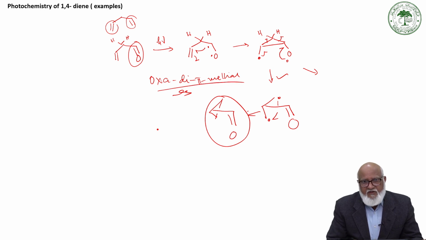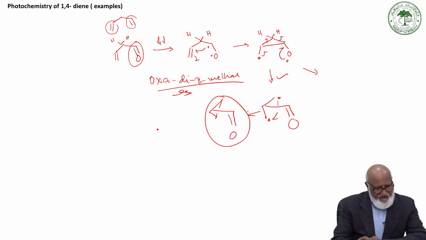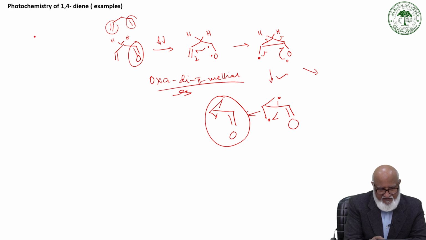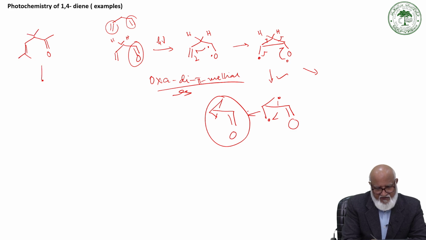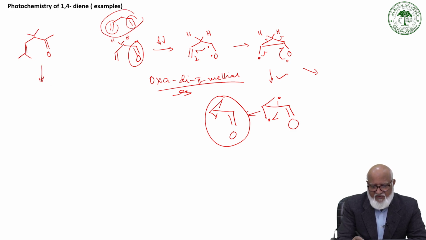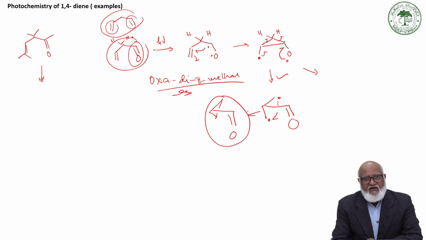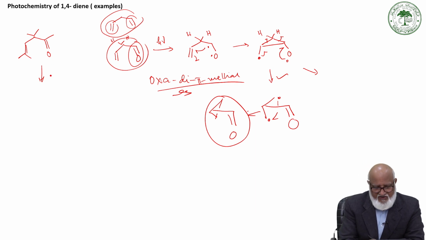Several examples have been reported by studying differently substituted carbonyl compounds. For example, when we have a system like this, C double bond O, this is a similar type of reaction. This is just an unsubstituted one, to show what type of thing happens. Here also we expect a similar rearrangement: excitation of the carbonyl, and then the formation of the cyclopropyl radical, this one,